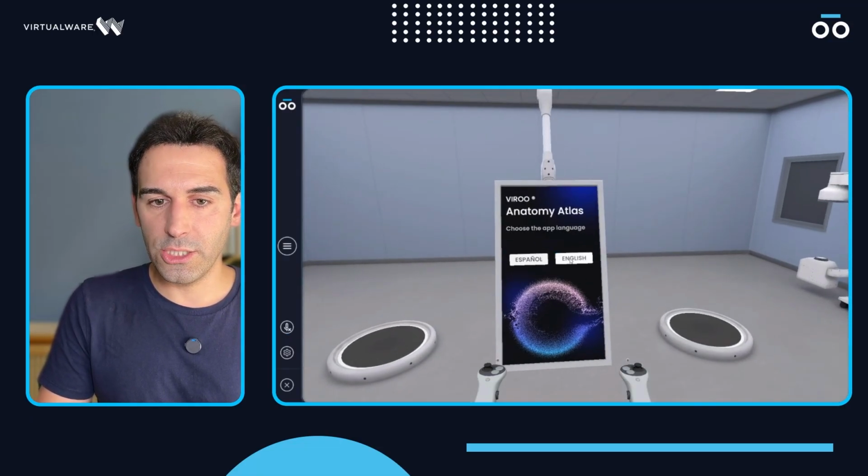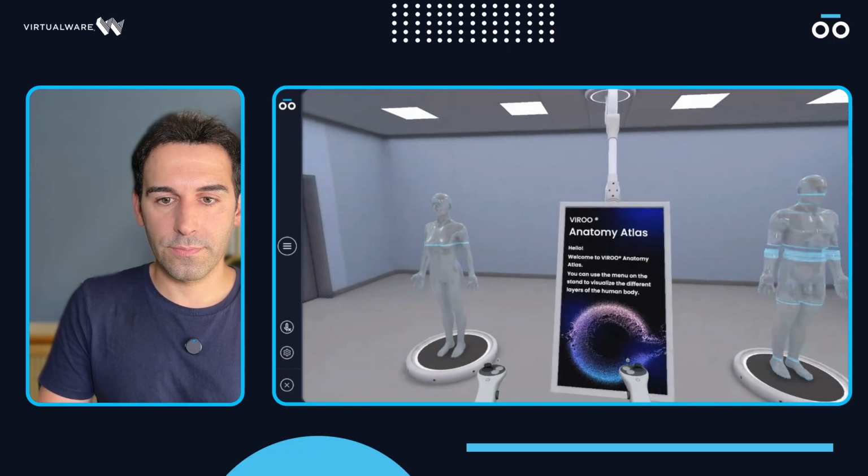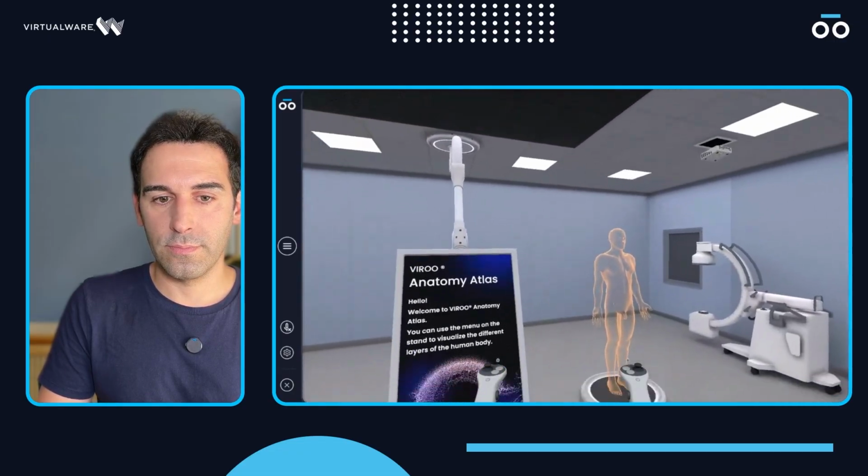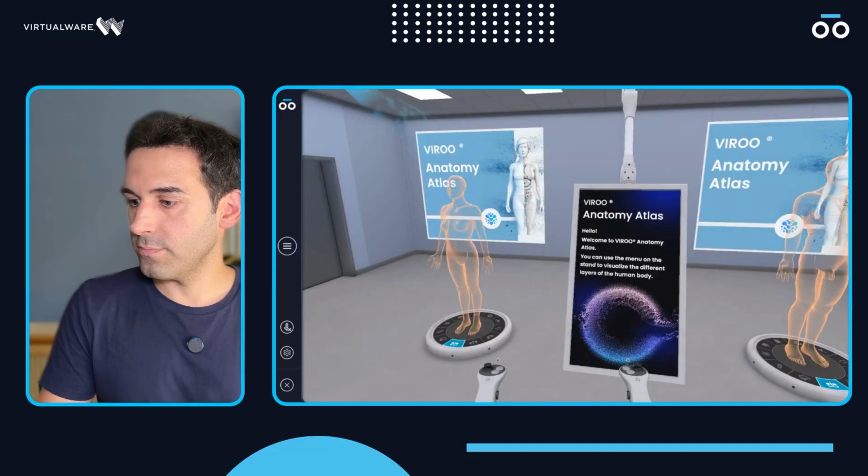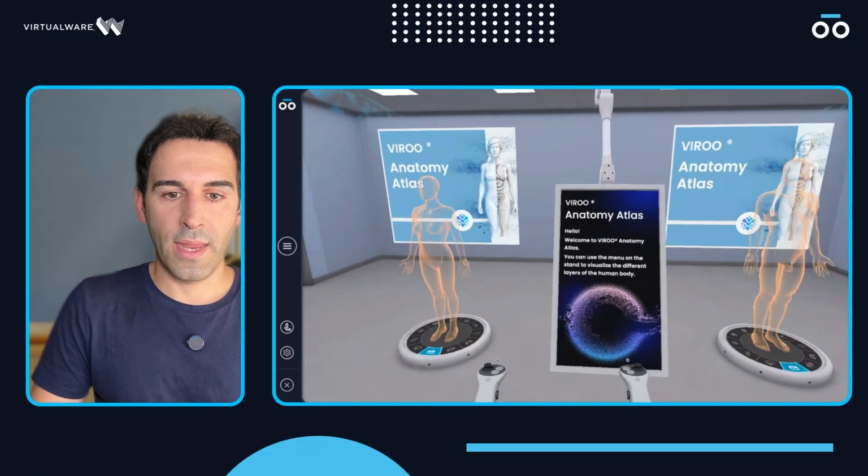Then I'm going to select English. Hello and welcome to VIROO Anatomy Atlas. You can use the menu on the stand to visualize the different layers of the human body. And the fact that